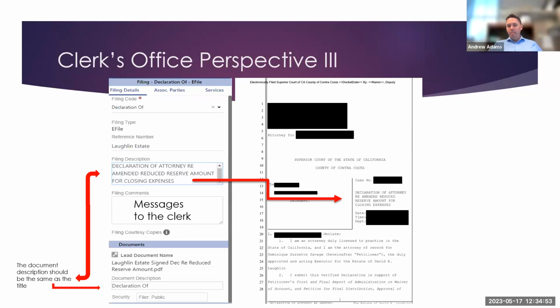That's really helpful. I get this question a lot for motions. If you're not available for a law and motion date, how do I let the clerk know? That is how you let the clerk know. You put it in this message to clerk saying, hey, I'm not available on these days, and we will avoid those dates for you.